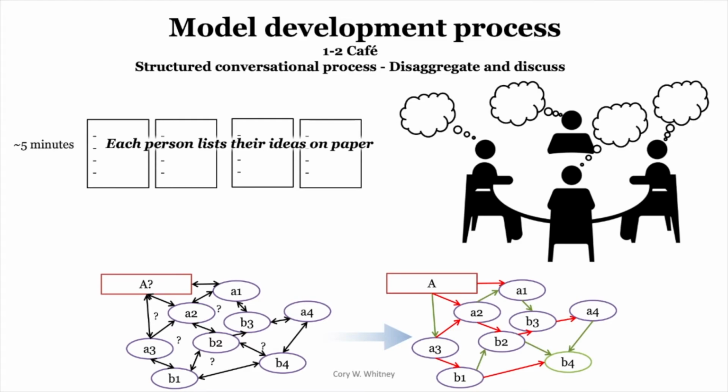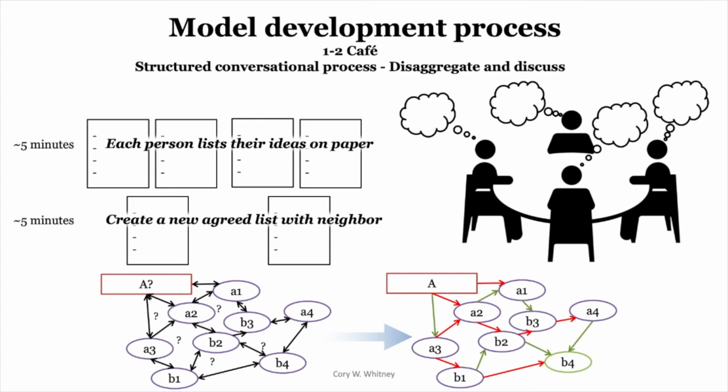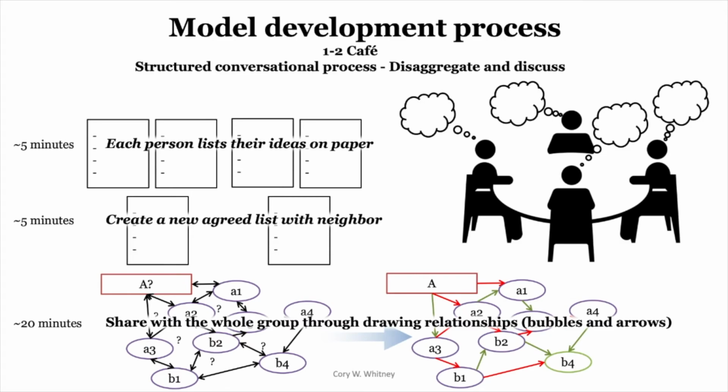So to give you the specifics, I ask for 5 minutes usually. Everybody writes down on their own. They're sitting at this table with this specific question. They write down on their own. They create a new agreed list by having a discussion with their neighbor, and then all of the group together creates a group model, and they draw relationships and bubbles together. It takes about 30 minutes. But of course, this is just a rough guideline, and it can be dramatically different. And now in the Corona times, of course, we have to do a whole new approach for this.